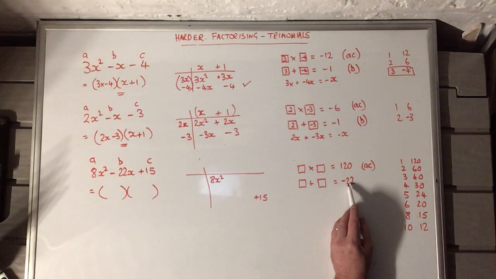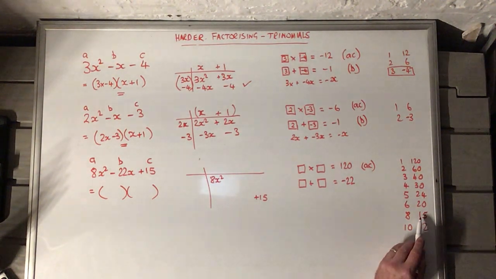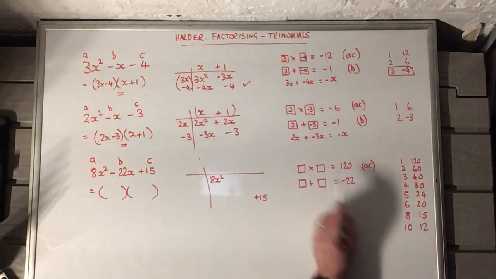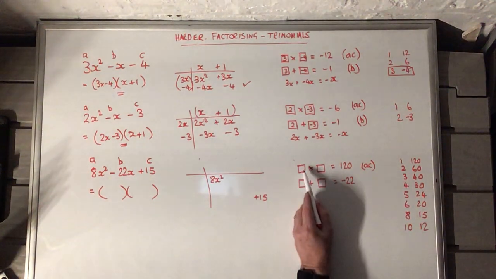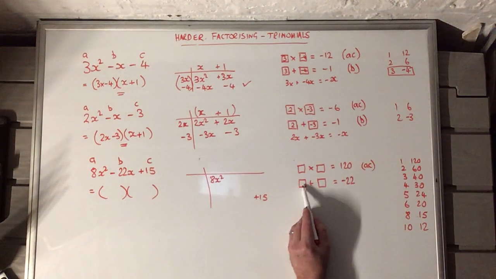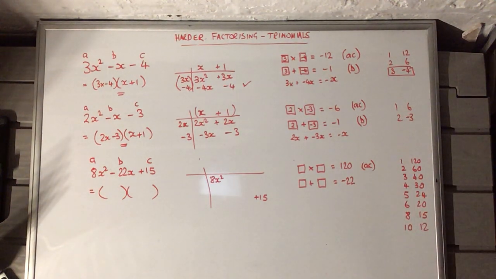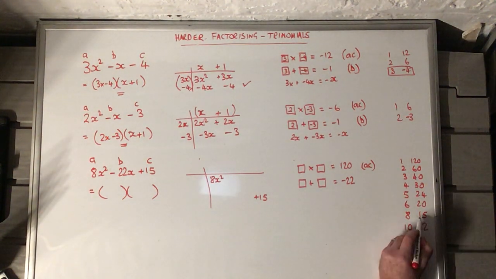Now, the fact that it's negative 22, one of them has to be negative. Yeah, but if one of them was negative and multiplying, actually the two of them have to be negative, don't they? Because a negative times a negative gives me a positive. A negative and a negative can give me a negative answer when I add them. So both of them have to be negative. So if we make them negative and add them together, hopefully you'll see,